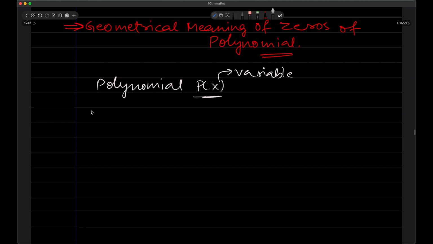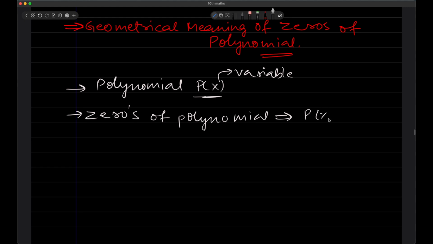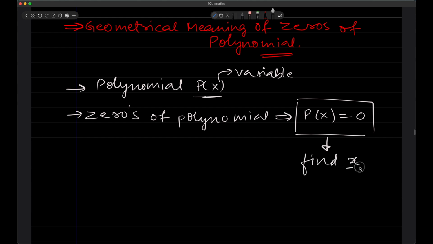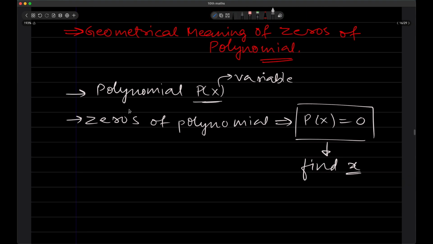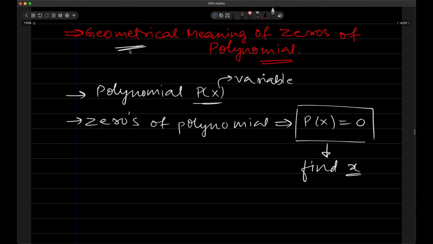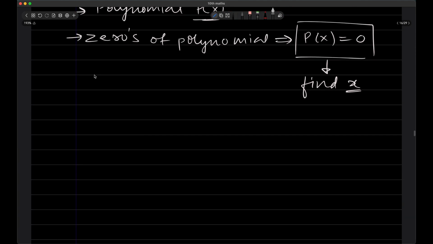Then we know that zeros of a polynomial can be found by using p of x equals to 0, and we will find the corresponding x. To represent the zeros of the polynomial geometrically, that is using the graph,